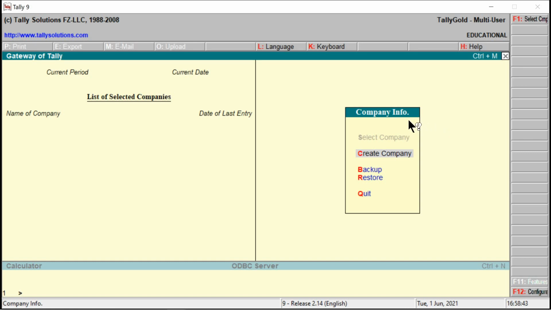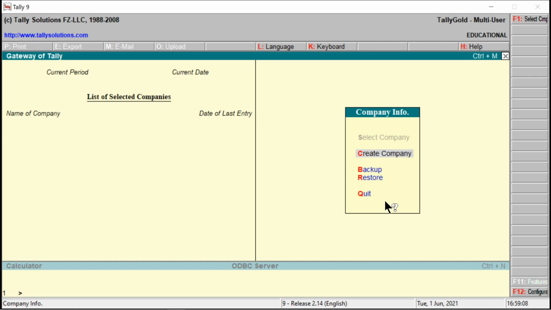Then here comes the company info, and we can see a list of options available: select company, create company, backup, restore, quit. We can see that in each command, one letter is in red color. That one we call the hotkey.